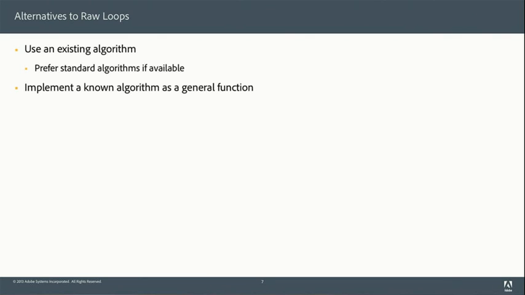Implement a known algorithm. If it's not in the standard library, go look it up. You might find it in Knuth. You might find it in any number of good books. And implement it as a general function. And again, somewhat careful wording here. It doesn't have to be a generic function. It doesn't have to be completely generalized. I always tend to write things very concrete the first time, and iterate and figure out how it's general.